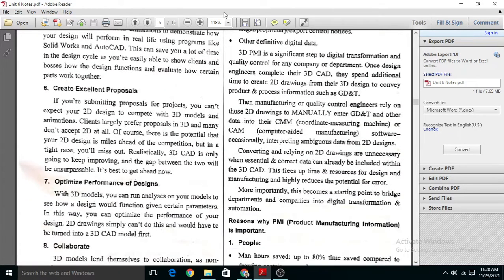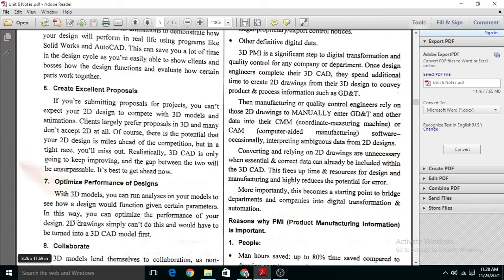Okay, the next one is optimize the performance of the design. With the 3D model, you can run analysis on your model and see how the design would function given certain parameters.